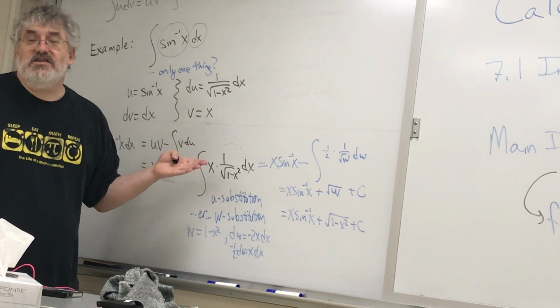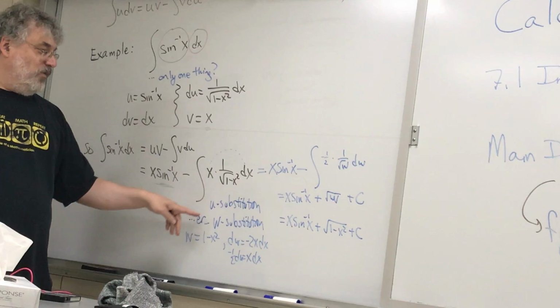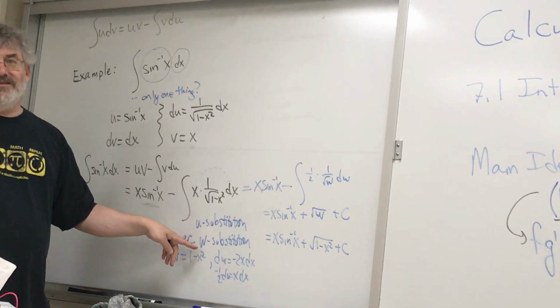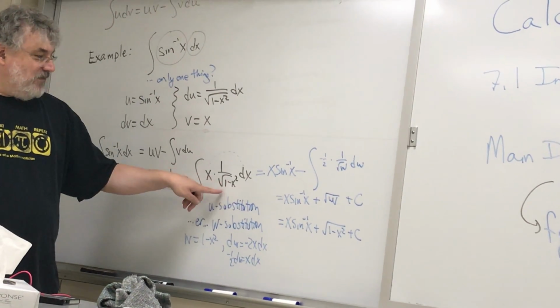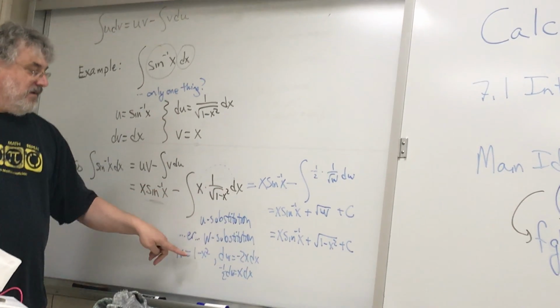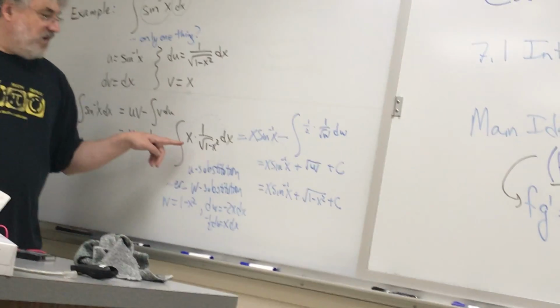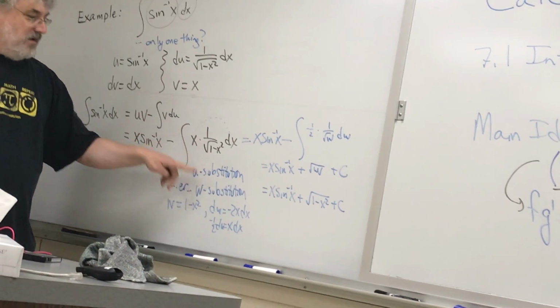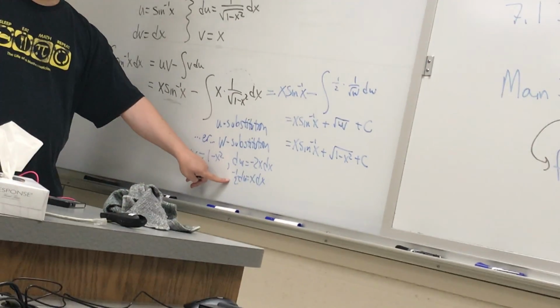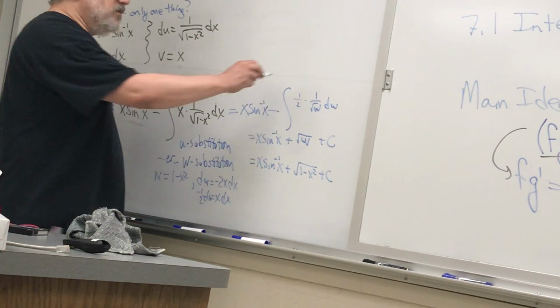Now if you don't like doing a u substitution because we just used u and v, we'll call it a w substitution. W is going to be the stuff inside here with the 1 minus x squared. So dw is going to be minus 2x dx. We've got the x, we need the minus 2. Basically that means we have to put a minus 1/2 in here. So the minus 1/2 comes right here,